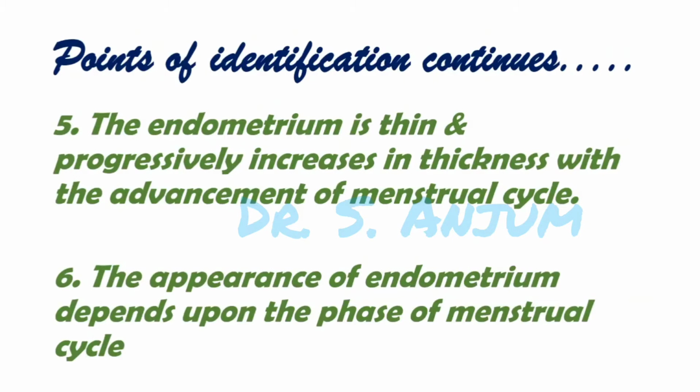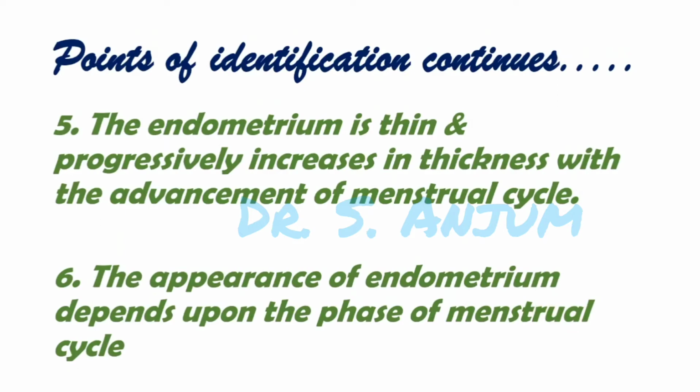Now what are the other points of identification? So in this phase endometrium is thin, and the endometrium progressively increases in thickness with the advancement of the menstrual cycle. Means as the menstrual cycle progresses, the endometrium becomes thicker and thicker. The appearance of endometrium depends upon the phase of menstrual cycle, because